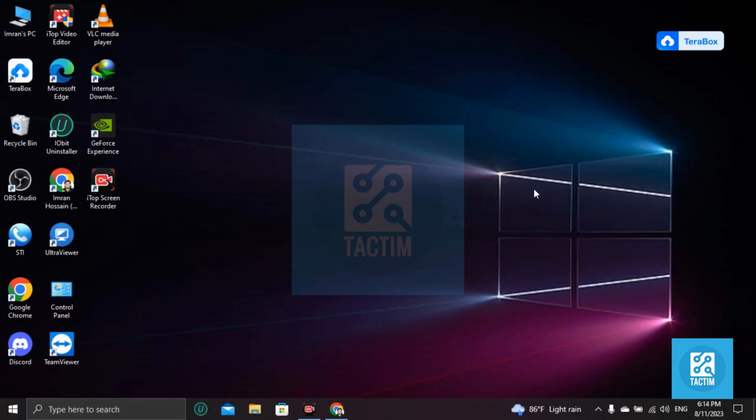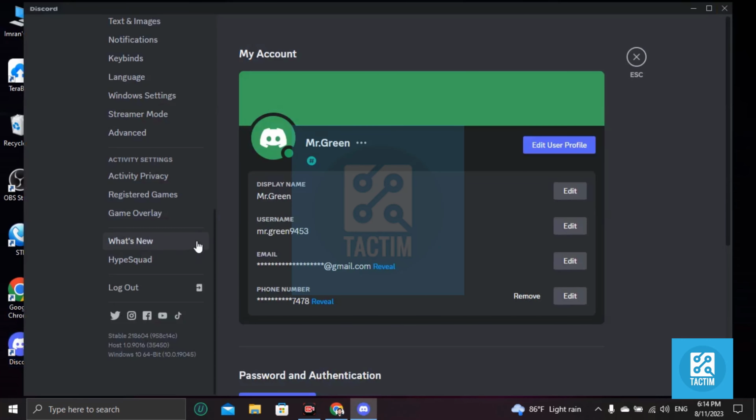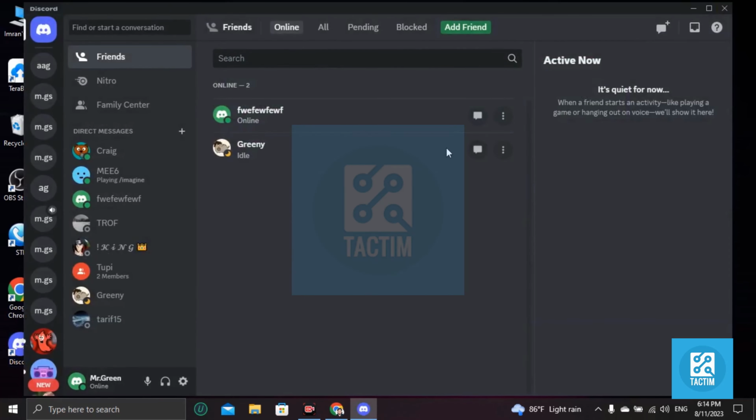In this video, I'm going to show you how you can enable Discord overlay. So in this case, log into Discord first. After login, go to this user settings,